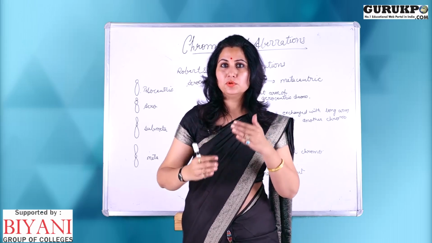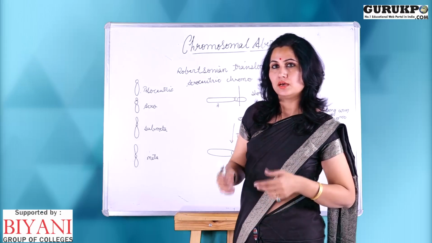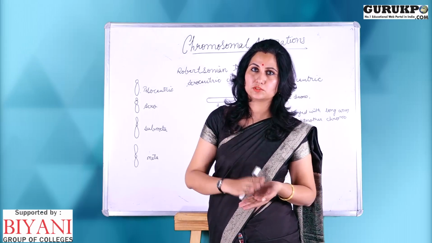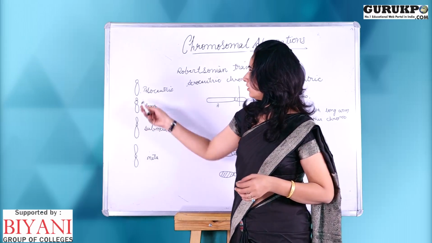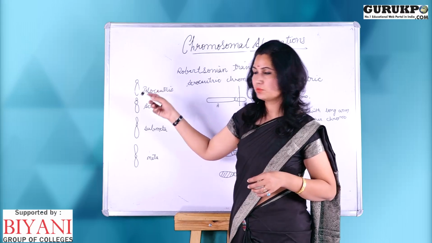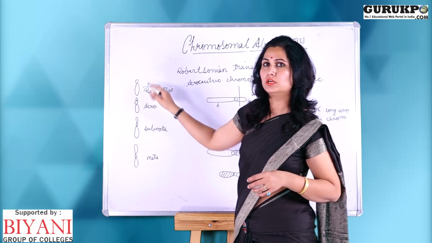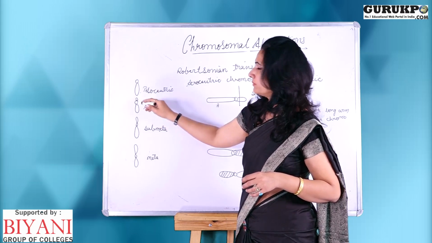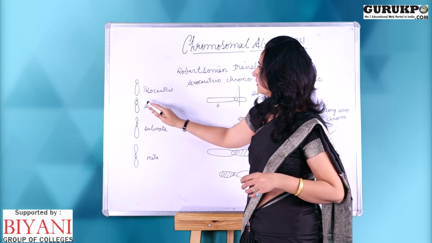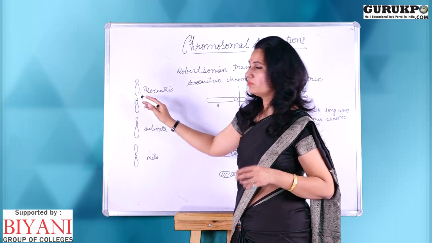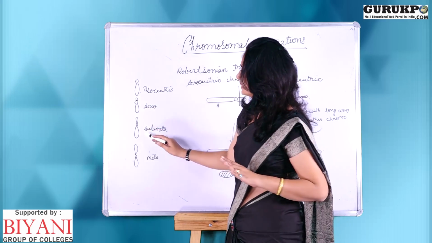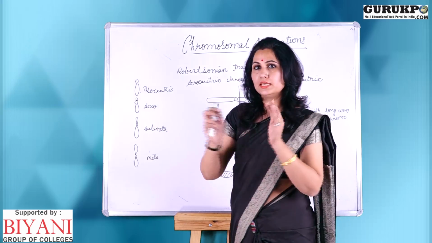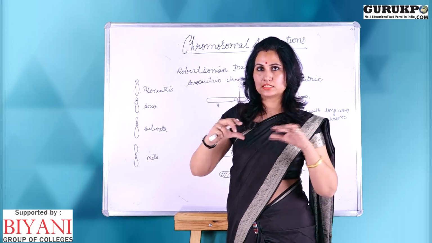chromosome converts into the metacentric chromosome. We all know the different types of shapes of the chromosome on the basis of the centromere. They are telocentric, where the centromere is present at the top of a chromosome. Acrocentric means the centromere is present at the upper side, and one arm is very small in size. Submetacentric and metacentric. In metacentric, the centromere is in between the two equal sized arms.